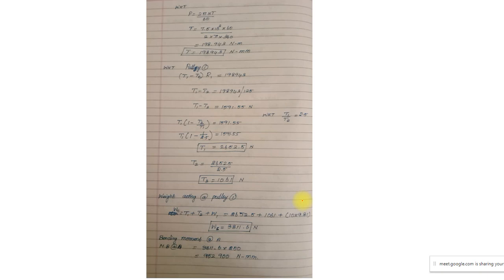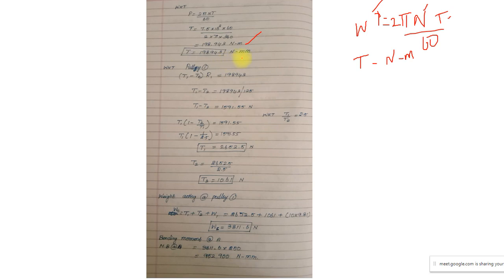First I try to find out the torque value. To find out the torque value, they have given the power for me. Obviously I know the formula is P is equal to 2 pi N T divided by 60. I know the value of power, I know the value of N, so I can find out the value of T. If I substitute the power in terms of watt, the torque would be in Newton meter. Once I get the value in Newton meter, I convert it into Newton millimeter by multiplying by 10 to the power 3. So this is the torque value I got.